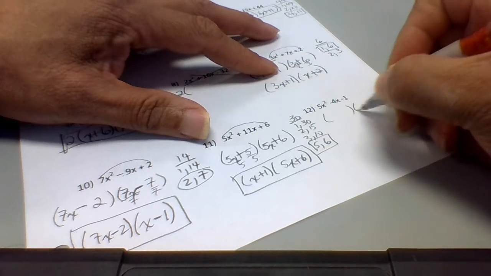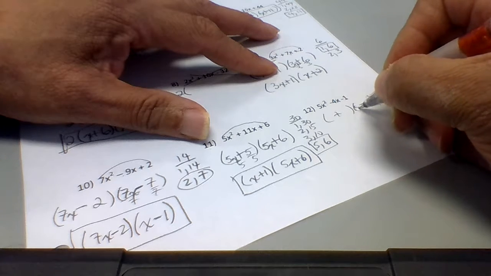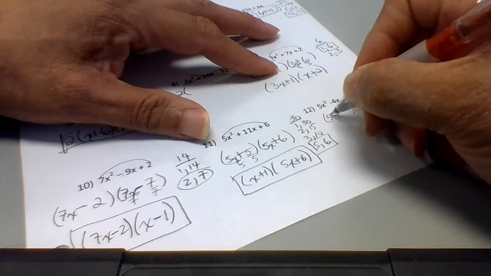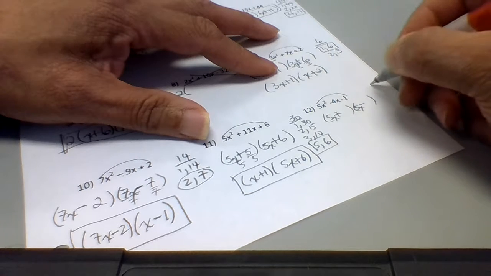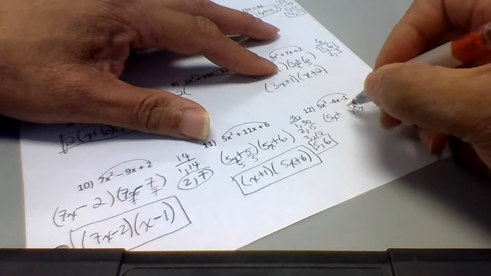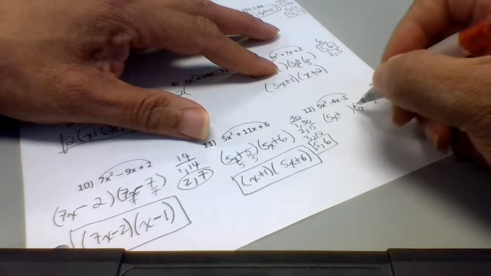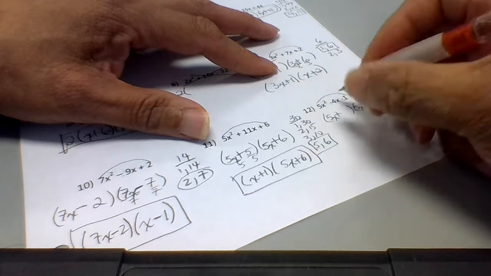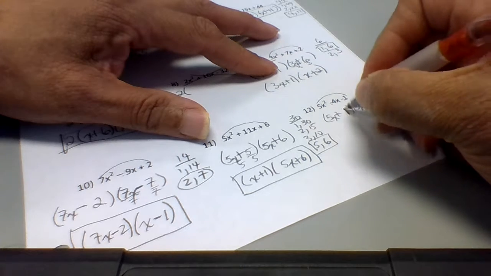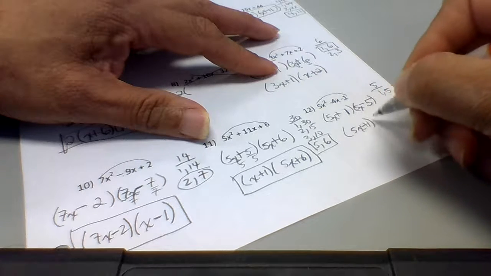And then the last one, last sign is negative. So one is plus, one is minus. I put a 5x out front. I multiply this times this and get 5. So 1 and 5. When I subtract them, I get 4. The larger number is negative. So the 5 is going to be negative, and the 1 is going to be positive. So 5x plus 1 and